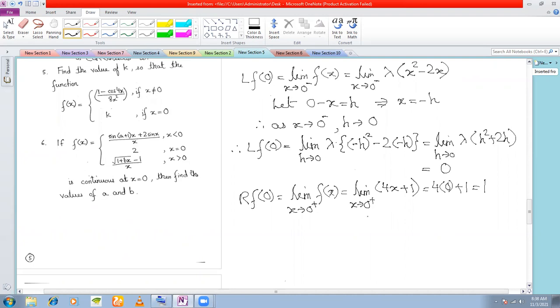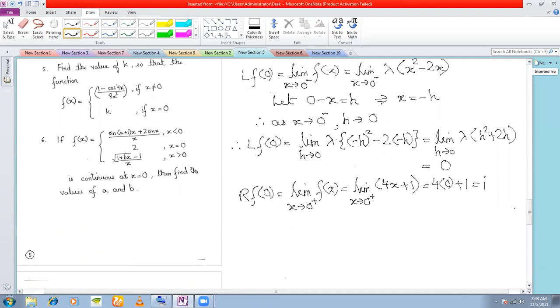So what do you see? That the left hand limit and the right hand limit are not equal, right? So what can the value of lambda be? Since the limits are not equal, the function is discontinuous at x is equal to 0. Therefore, there is no value of lambda for which the function is continuous at x is equal to 0. Okay, you don't even have to find out the value of F0. Since LF0 not equal to RF0,